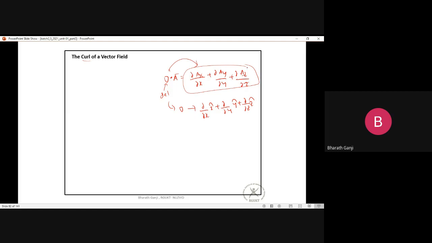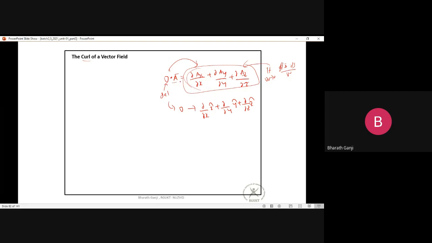As I was saying in the previous class, this formula we actually get from that expression: the limit as delta v tends to 0 of the surface integral of A bar dot ds bar divided by delta v. Deriving from that formula gives the expression. And that expression tells you how much divergence is happening at a particular point. But we cannot write this derivative every time, so simply you can represent it as a dot